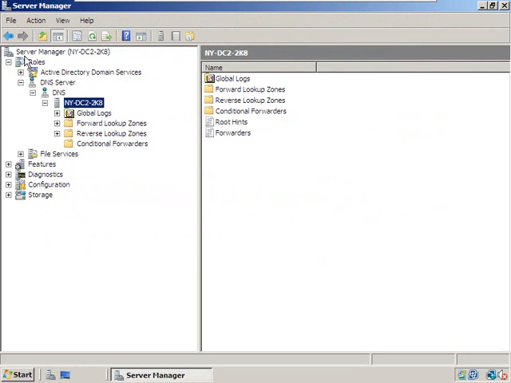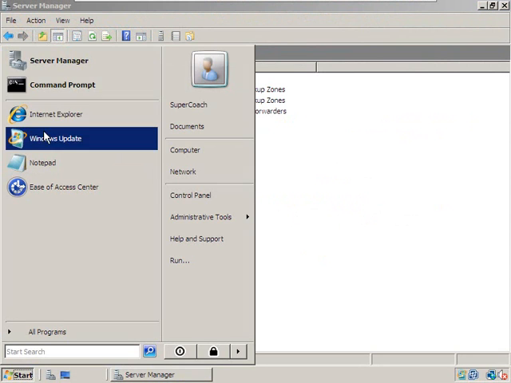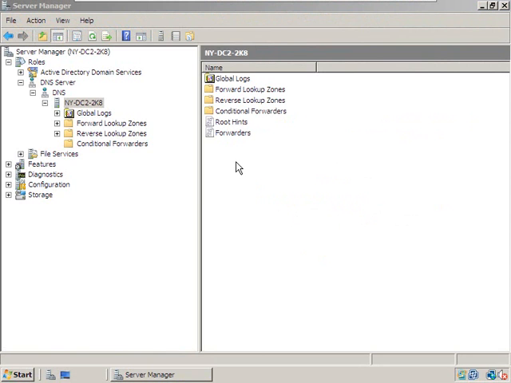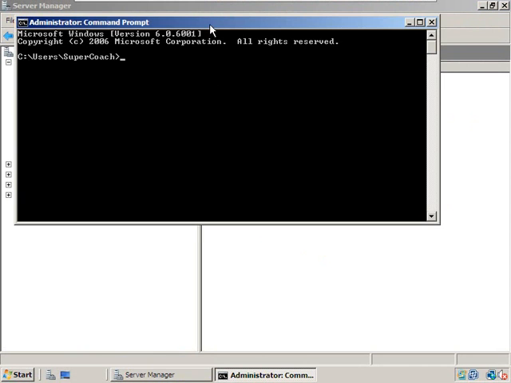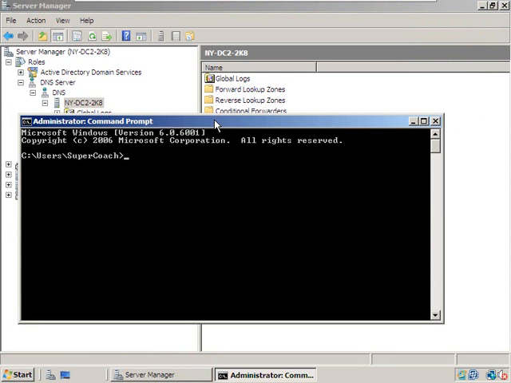All right, here we are back over on Server Manager. We're back on DC2. And we're going to go to the Start menu here, we're going to go to the command prompt. And first, we have to get our server ready by using DNSCMD, which is just DNS command,